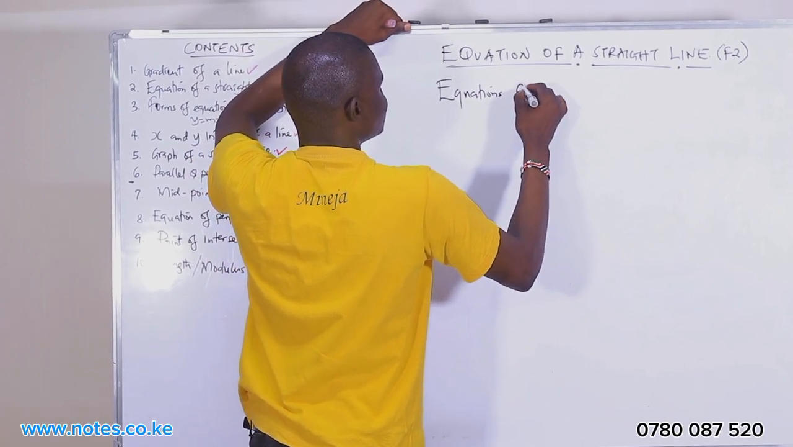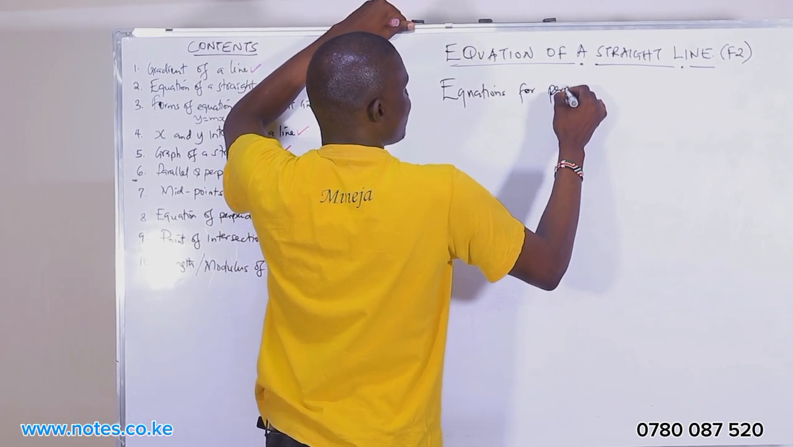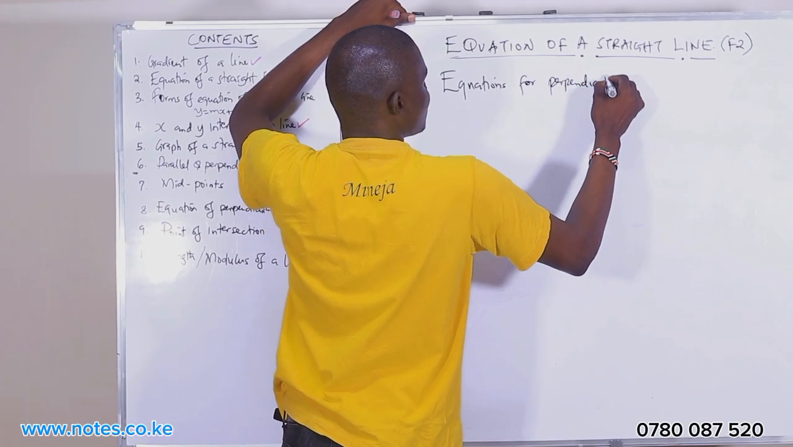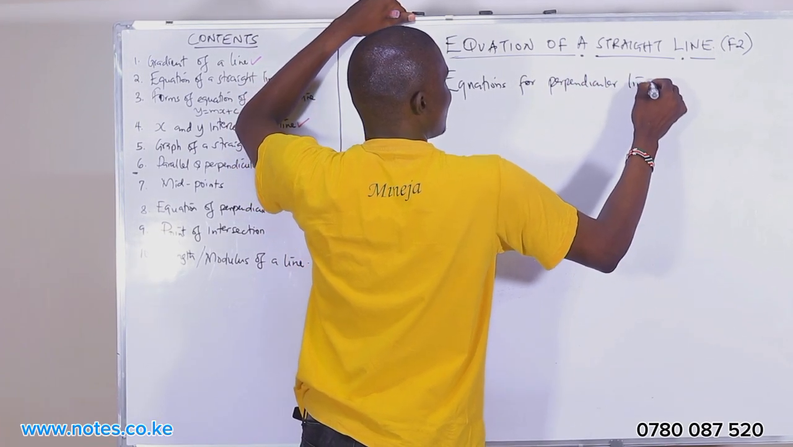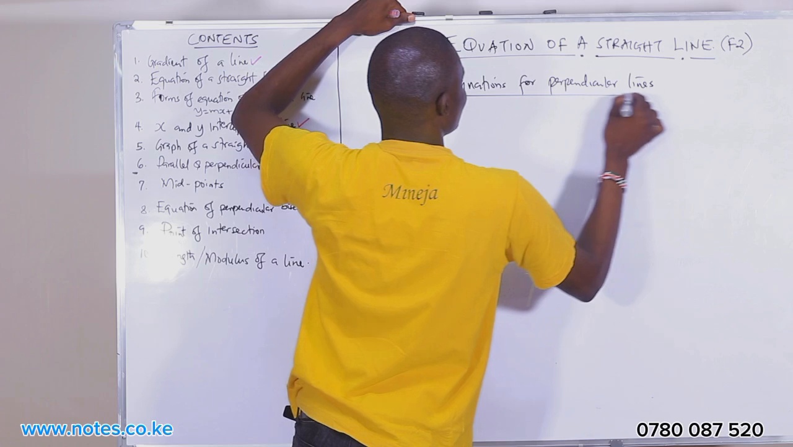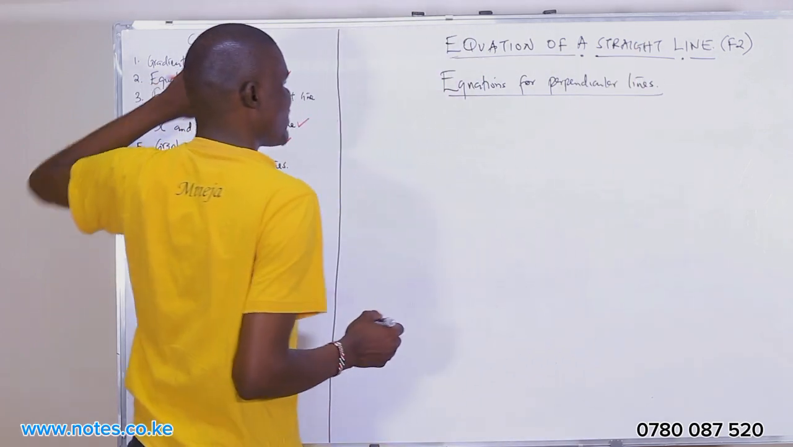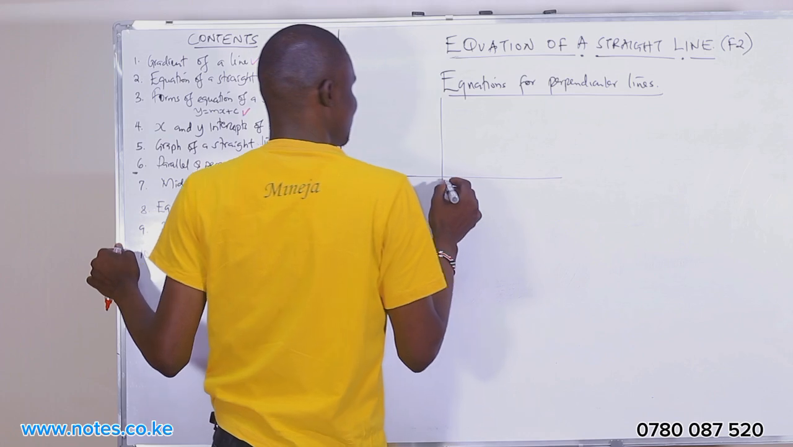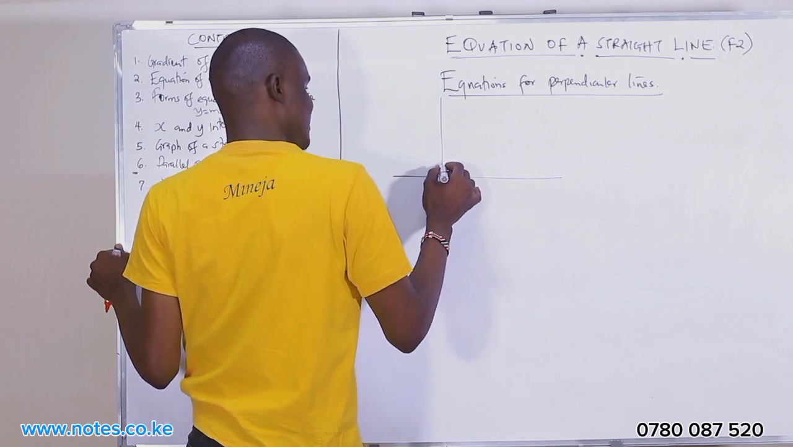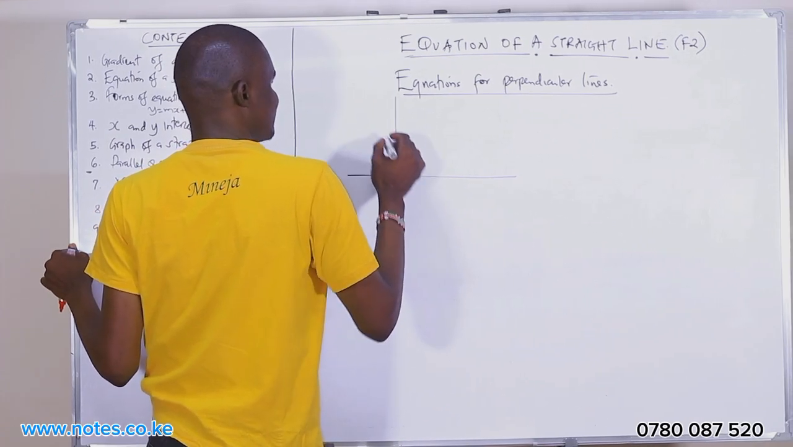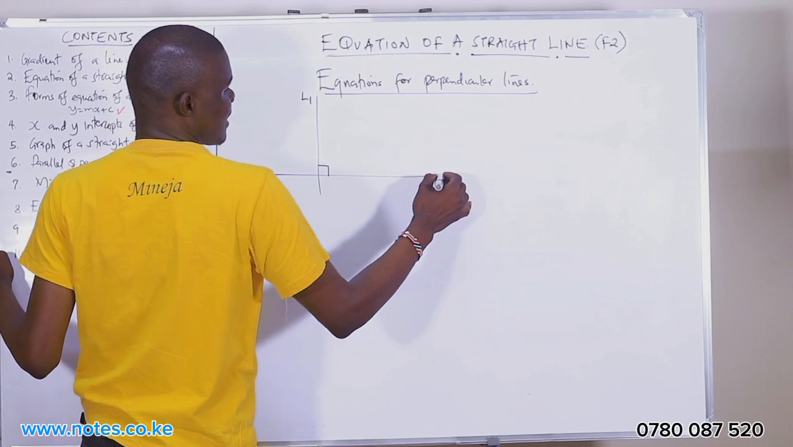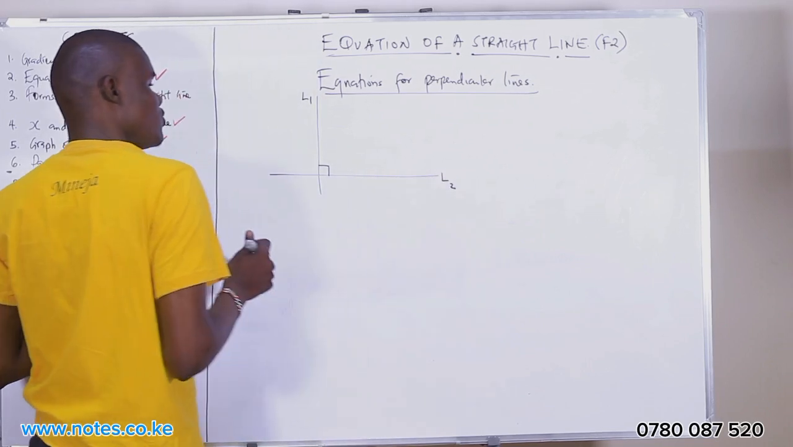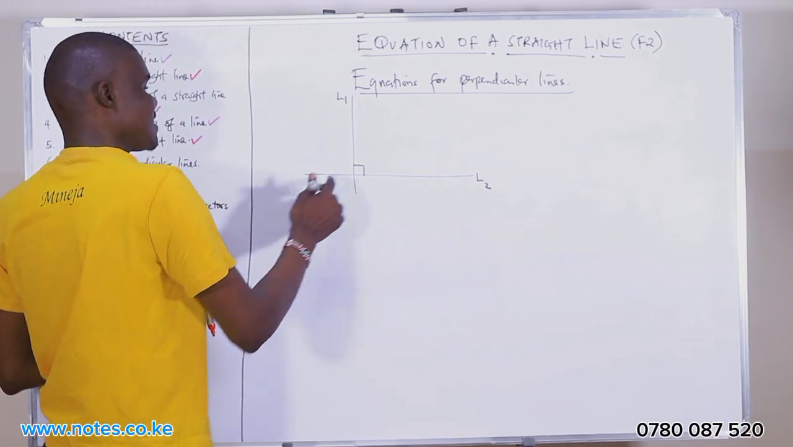Equations for perpendicular lines. Now, what are perpendicular lines? These lines meet at 90 degrees. They meet at 90 degrees. So if you have a line L1 and L2, for you to say they are perpendicular, they must meet at